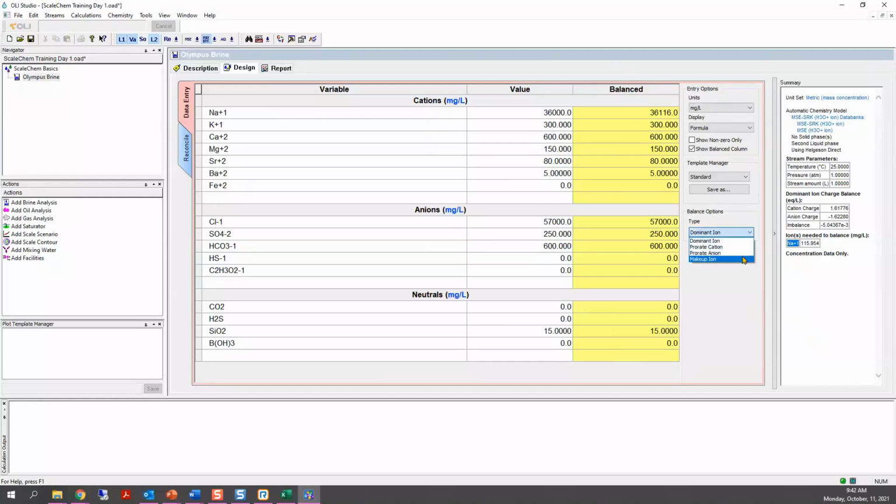The dominant ion means if I need a cation, the software analyzes and sees which one has the highest number. So that's the dominant ion, and then it will select that ion to do the electroneutrality. If this water had a positive imbalance, then the dominant ion would have been chloride.